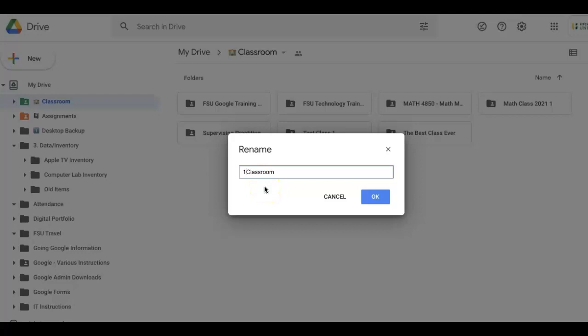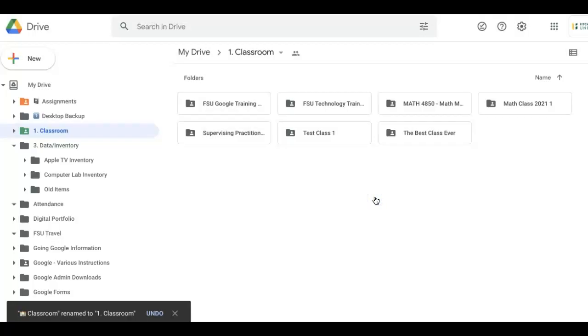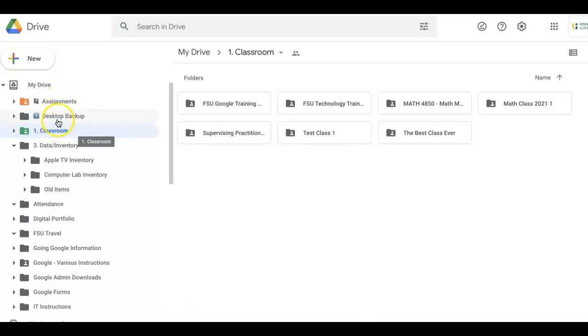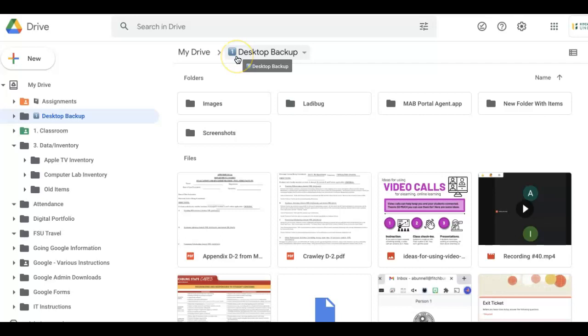Alternatively, I can put a number, just like I do from my number pad. Or if I like an emoji type number, I can get something like that from the Emojipedia as well. So if you like numerical order, please feel free to do that as well. You can do that with subfolders too. So you can see now my classroom is my third folder because it's going in numerical order. I've got assignments here and then desktop backup. So here's an example of where I used an emoji number. It's still in numerical order, but it's a different looking number if you like that.